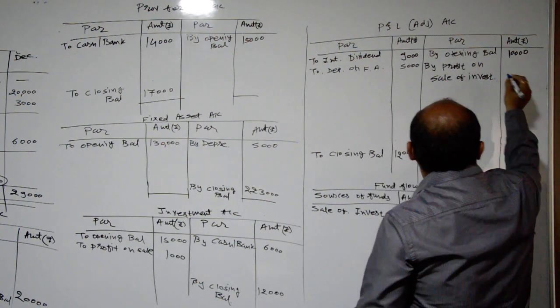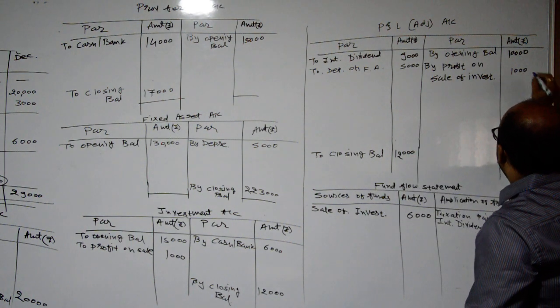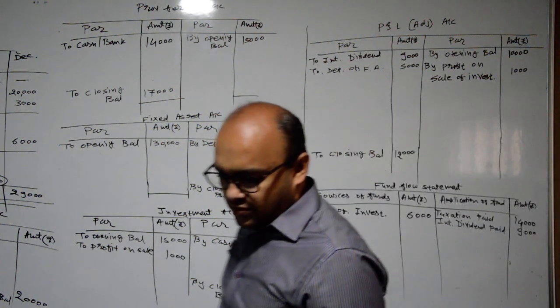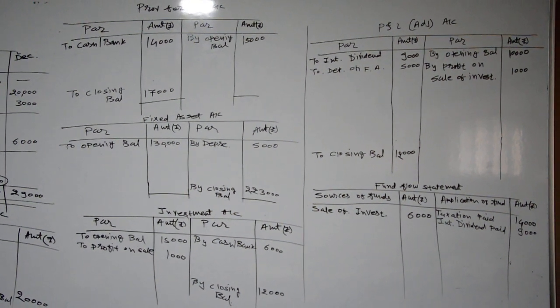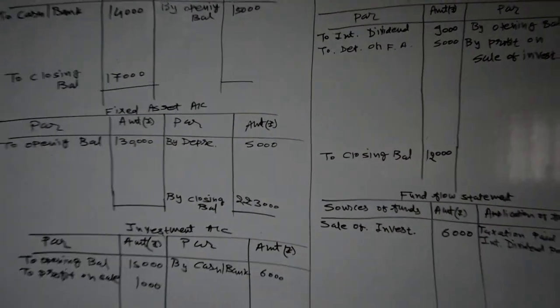In fund flow statement we have already given effect for that. And profit of rupees 1,000 was pending, so we have already given effect for that. Then we are required to analyze our balance sheet. First of all we will start with our liability side. First, equity share capital of rupees 1 lakh, and in 2018 it is rupees 1,50,000, means 50,000 is for bonus shares.